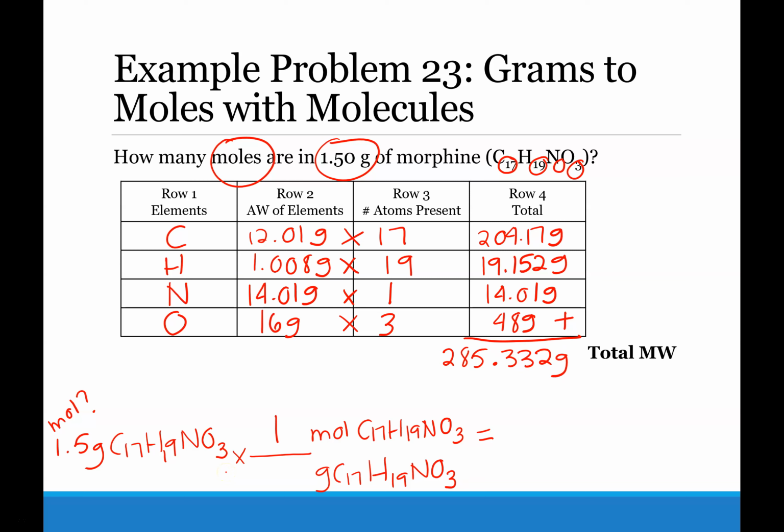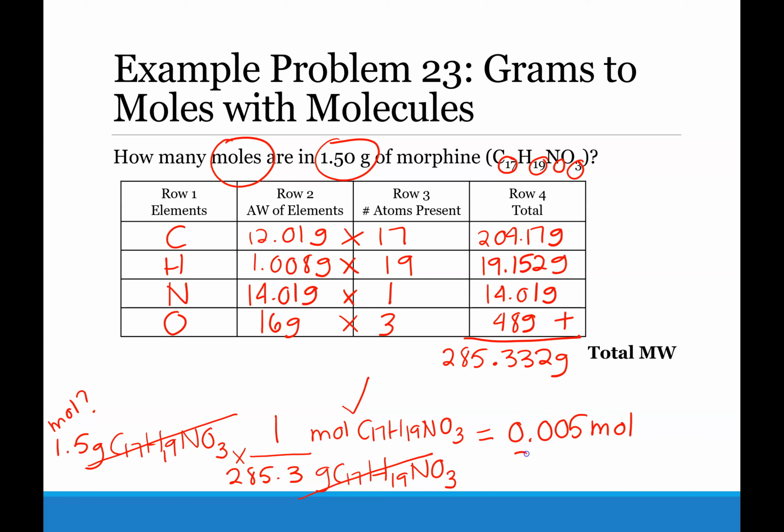So we'll round to 285.3, since I'm kind of running out of room. So grams of morphine cancels, and we're left in moles. So 1.5 divided by 285.3 is going to be 0.005